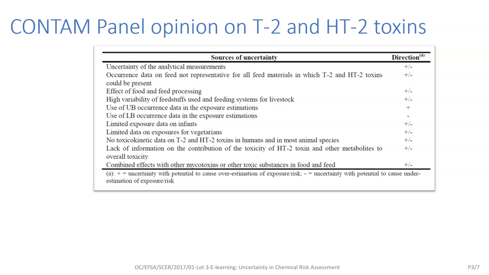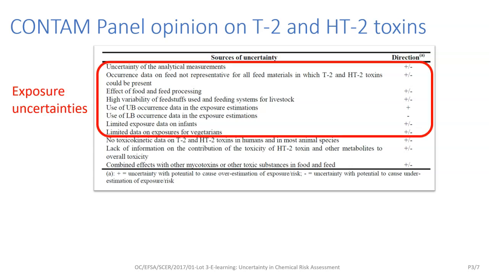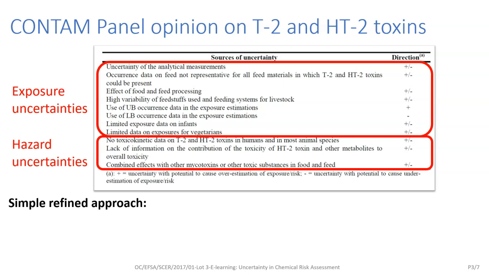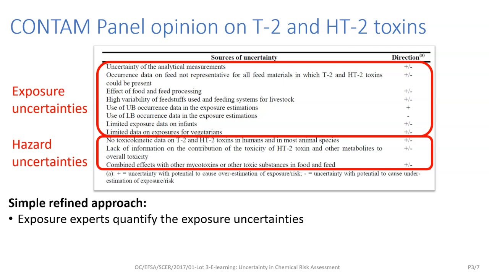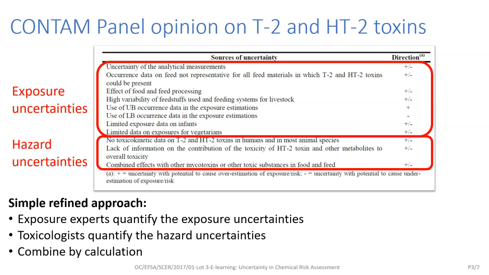Another reason why it might be difficult for the assessors to quantify all the uncertainties together is that some uncertainties affect the exposure estimate while others affect the hazard. And most assessors have expertise either on exposure or hazard, but not both. So a simple refined approach which may be helpful is to ask the exposure experts to quantify the exposure uncertainties and the toxicologists to quantify the hazard uncertainties, and then combine the two by calculation. I'm going to describe 2 ways of doing these 3 steps, starting with a simpler option, probability bounds, which may be sufficient in many